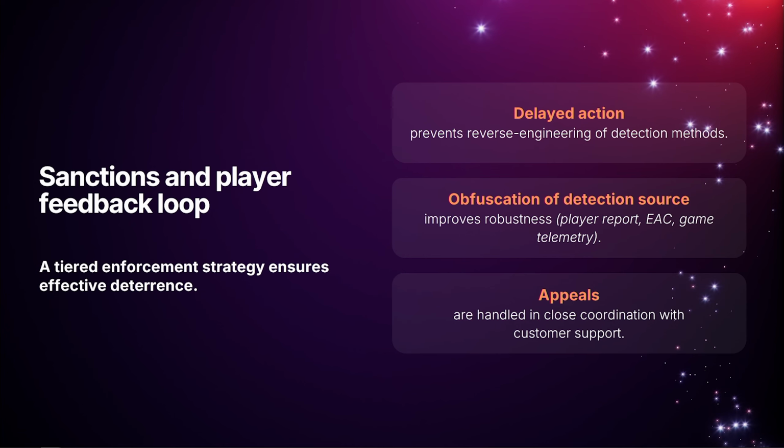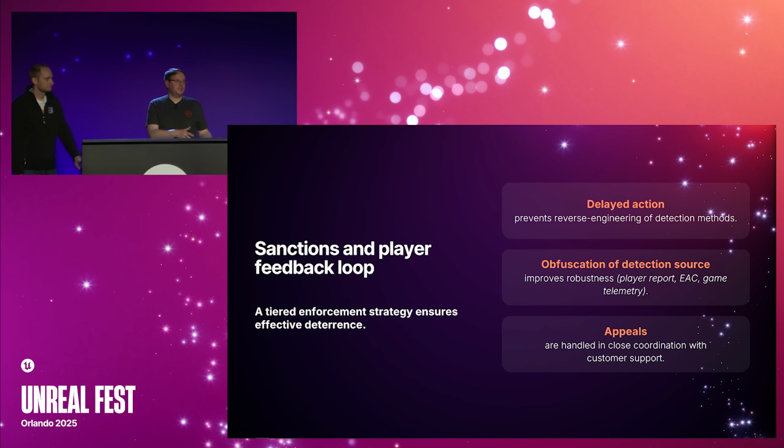We always look at how we can keep a player engaged with the title. The important thing for us is to give players who misbehave the chance to actually learn and do better next time. On the other hand, we do not want to give away the tactics of how we actually detect someone. So the strategy we have is regular ban waves, and in that way the cheat tool developers cannot easily probe how we detect what they are doing. They don't know: is it Easy Anti-Cheat which is detecting, is it our in-house anti-cheat, or is it a player report which we analyzed and deemed